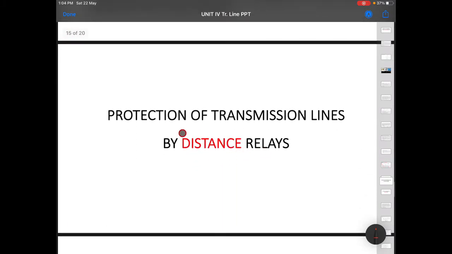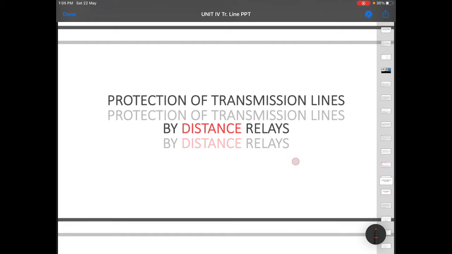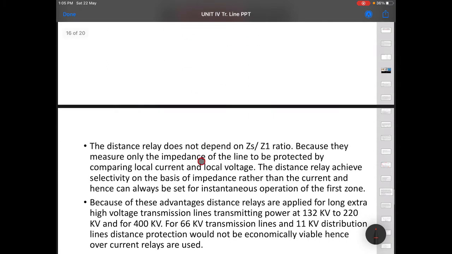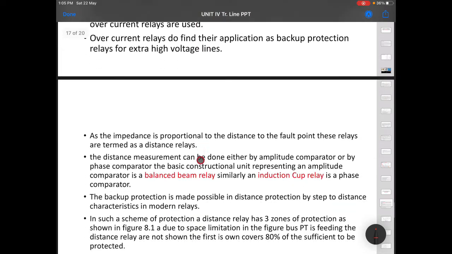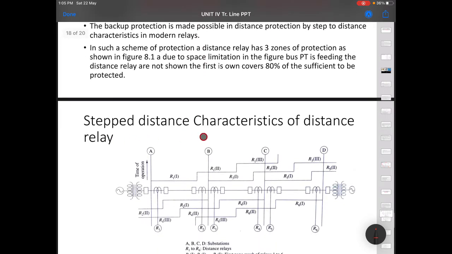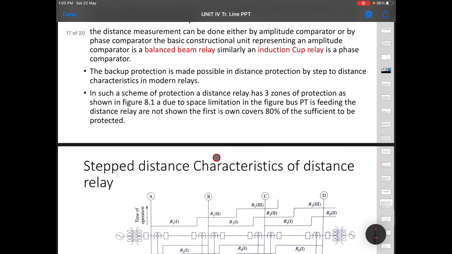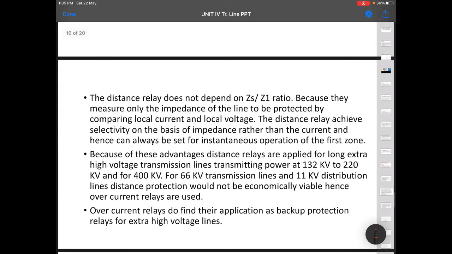Next we will come to the protection of transmission line by distance relay. In this topic, first we will see the topic called stepped distance characteristics. Before that we will see the introduction. So the distance relay does not depend on the ZS by Z1 ratio.